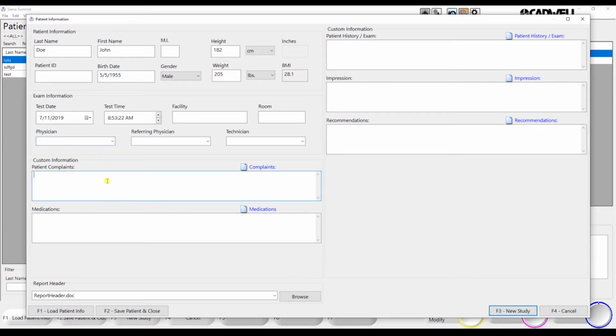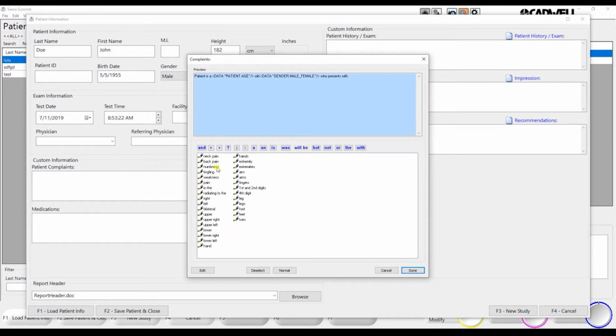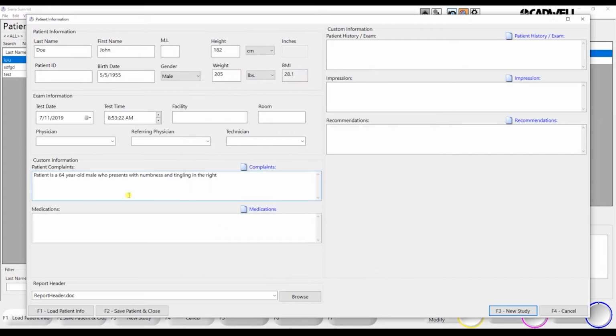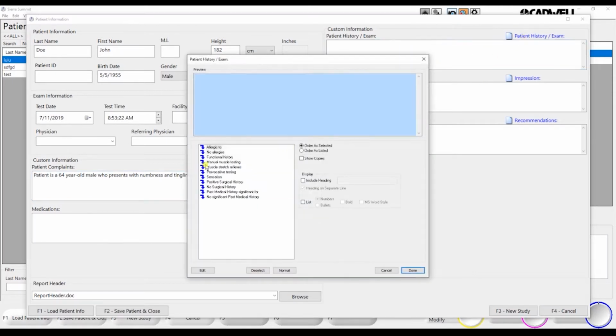But right from here, you can start accessing our template feature, where rather than having to type in something, you can just select the hyperlink here and select, for example, in this case, maybe presented with numbness and tingling in the right hand. You can select medications, patient history and exam. Same thing here, you can type in, or you can select patient history and exam. So for example, let's just say they have no allergies,